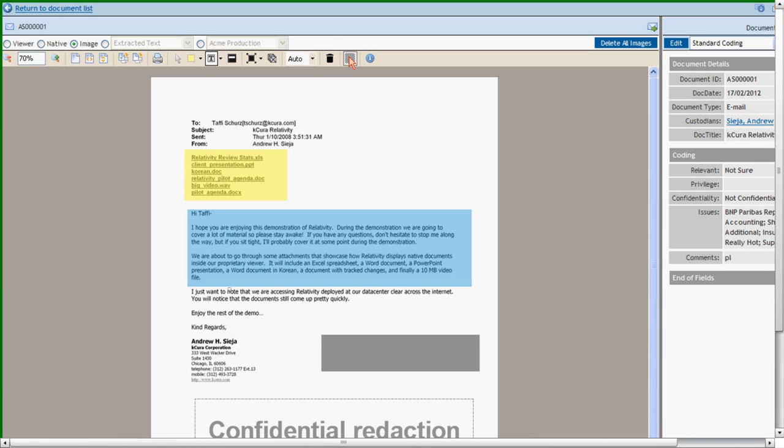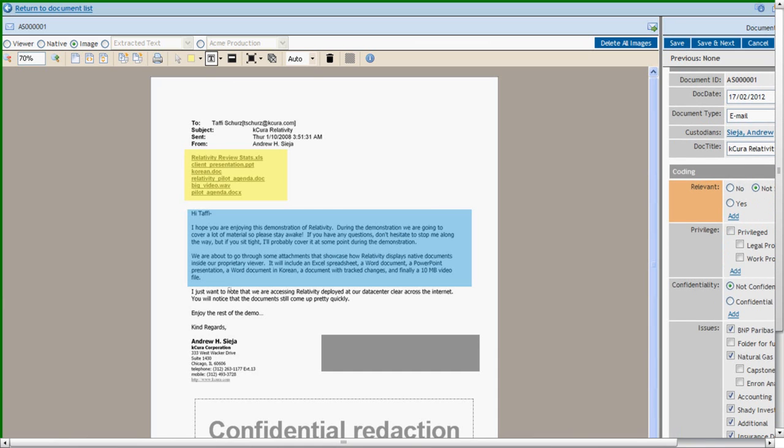Okay, let's go ahead and look at some of the other things available to us in here. So the first thing is over on the right, we have a number of fields. So we have some of the objective information. So this is actually, what's the document title, what's the date, what type of document is it. But then we have these subjective fields, and these are actually what your team will be filling out. So if we go ahead and click Edit,